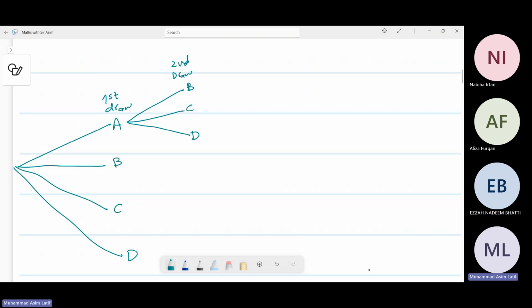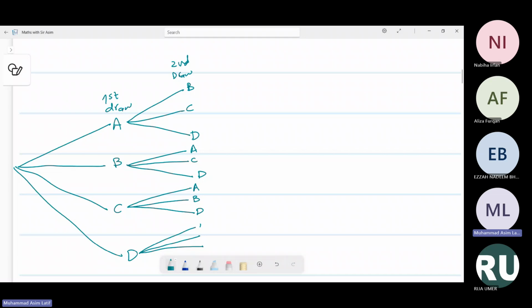Similarly, if the first card was B, for the second draw, the possibilities might be A or C or D. Similarly, if the first card drawn was C, the second card may be A or B or D. And similarly, if the first card drawn was D, the second card might be an A or a B or a C. Then for the third draw,